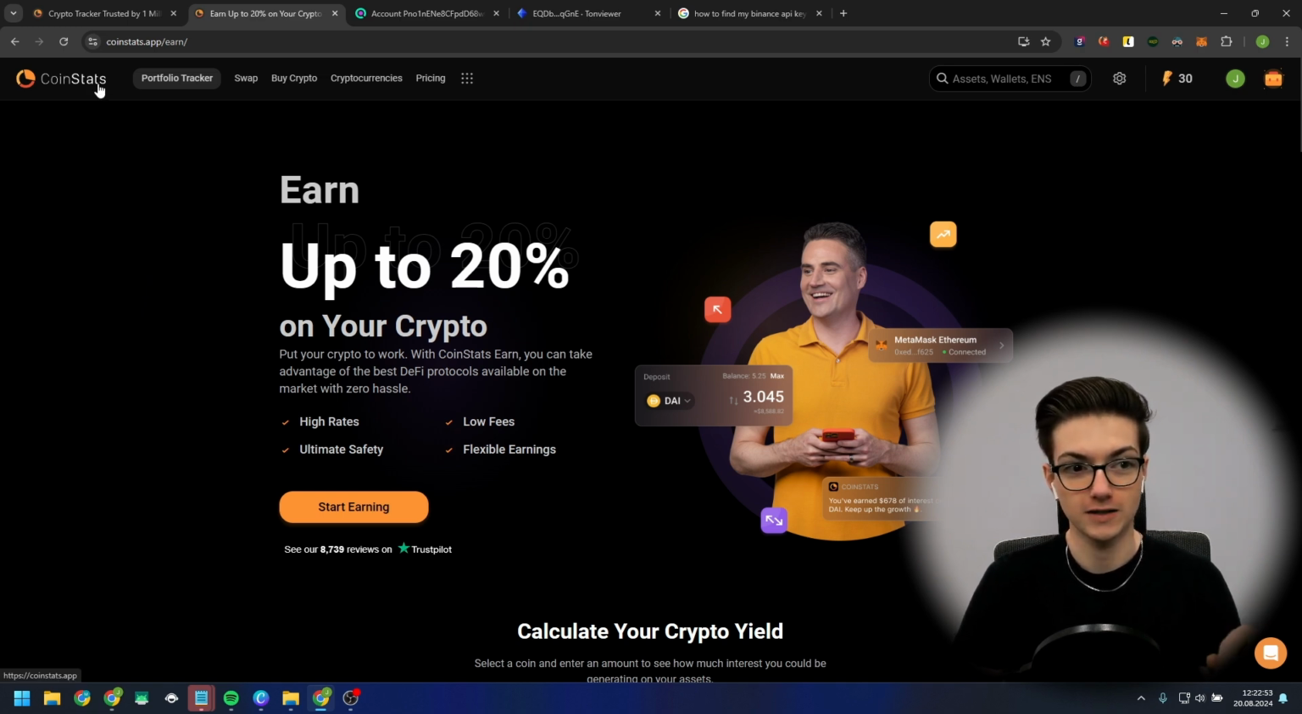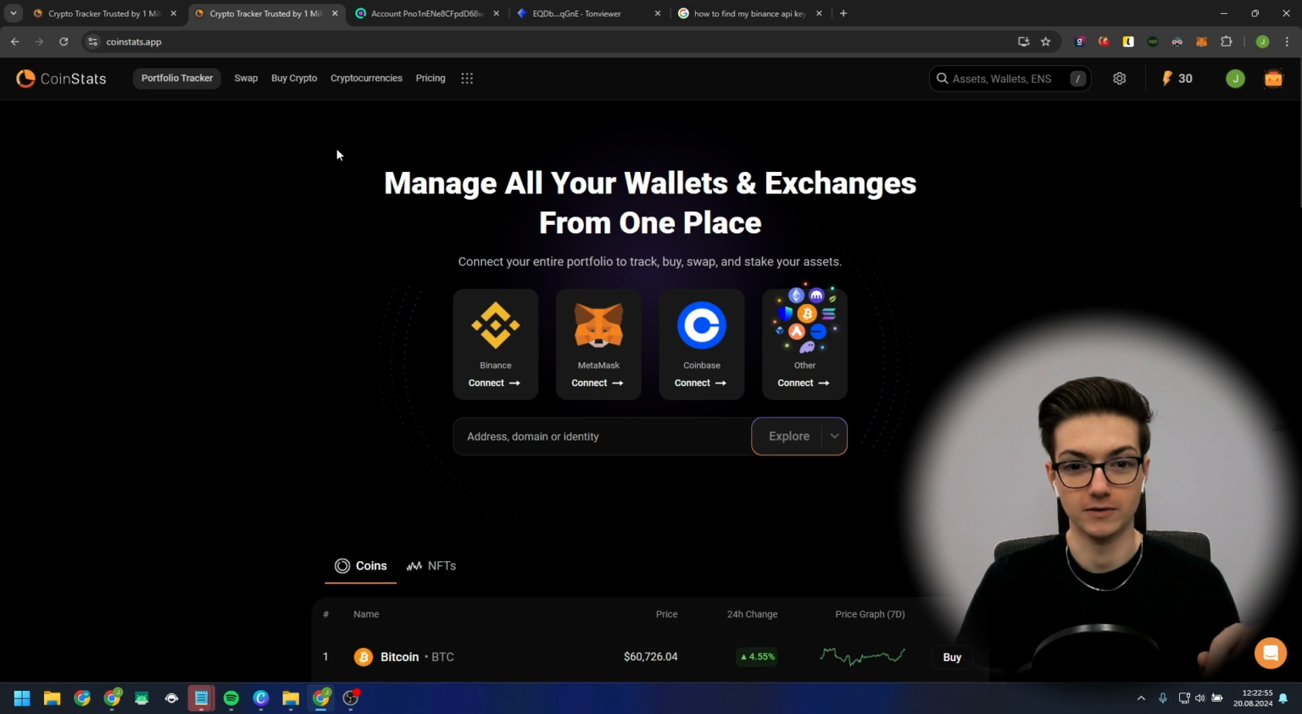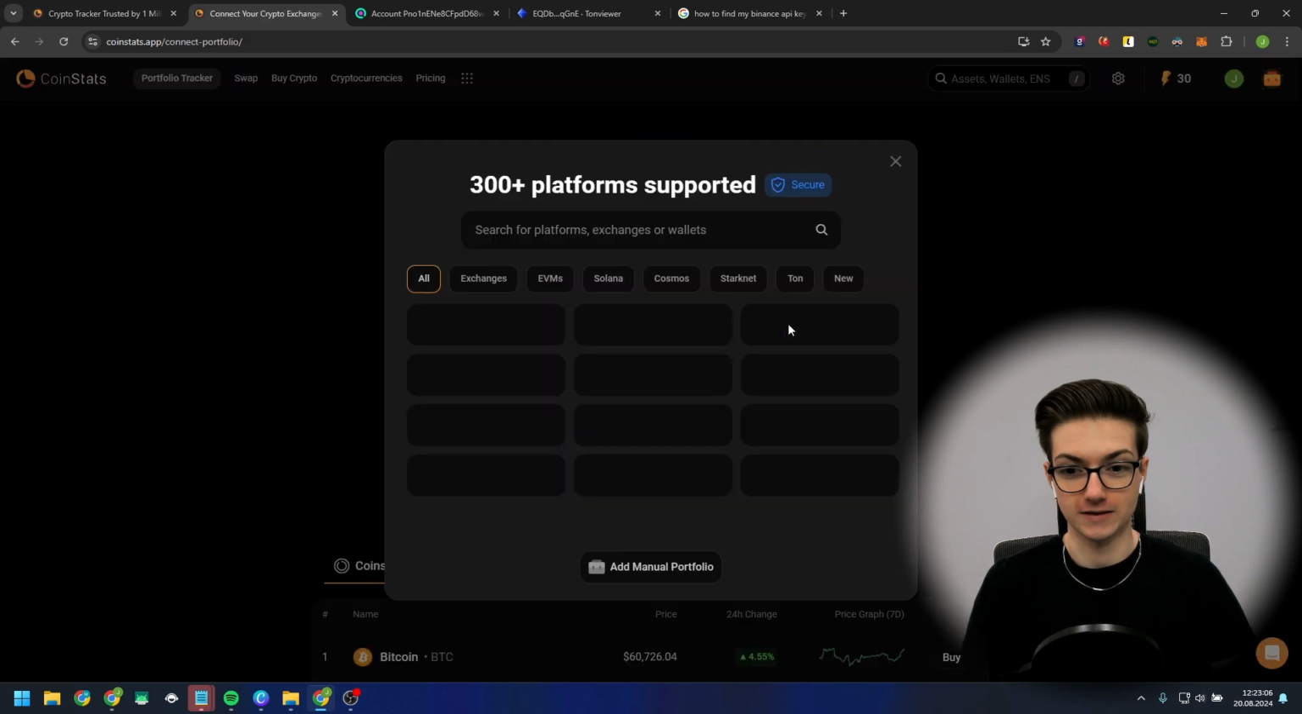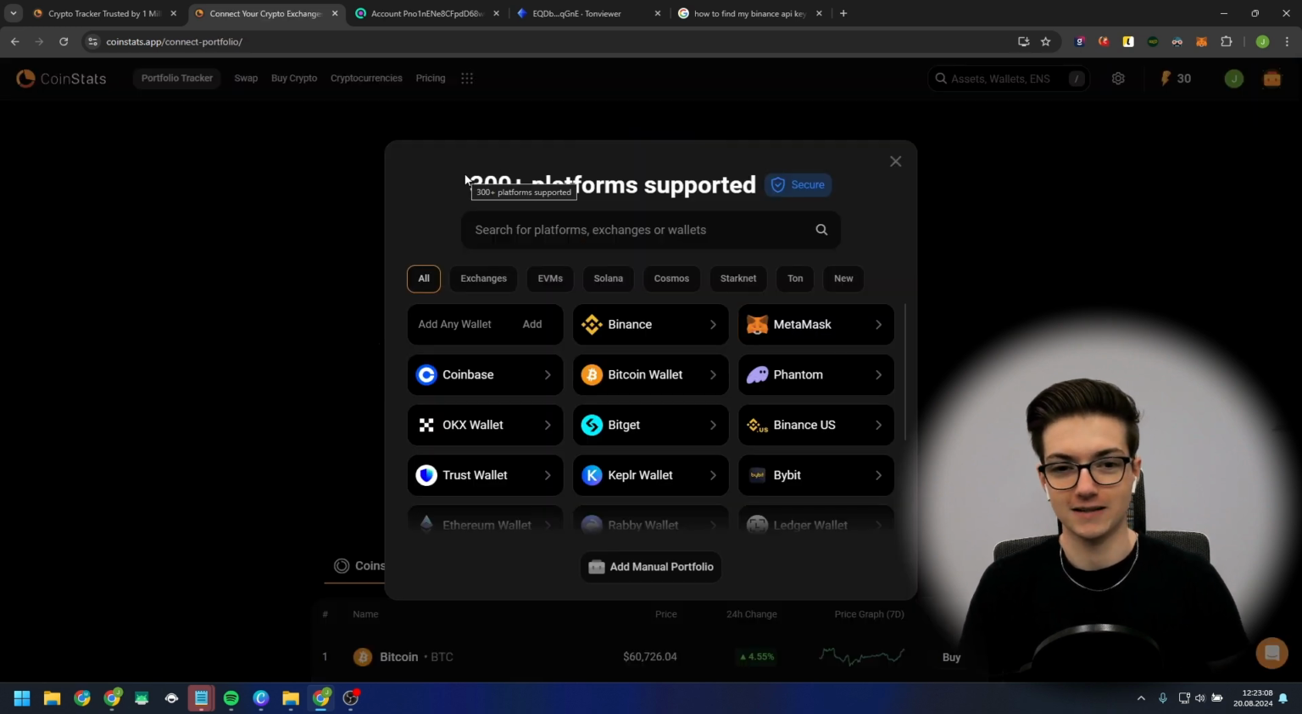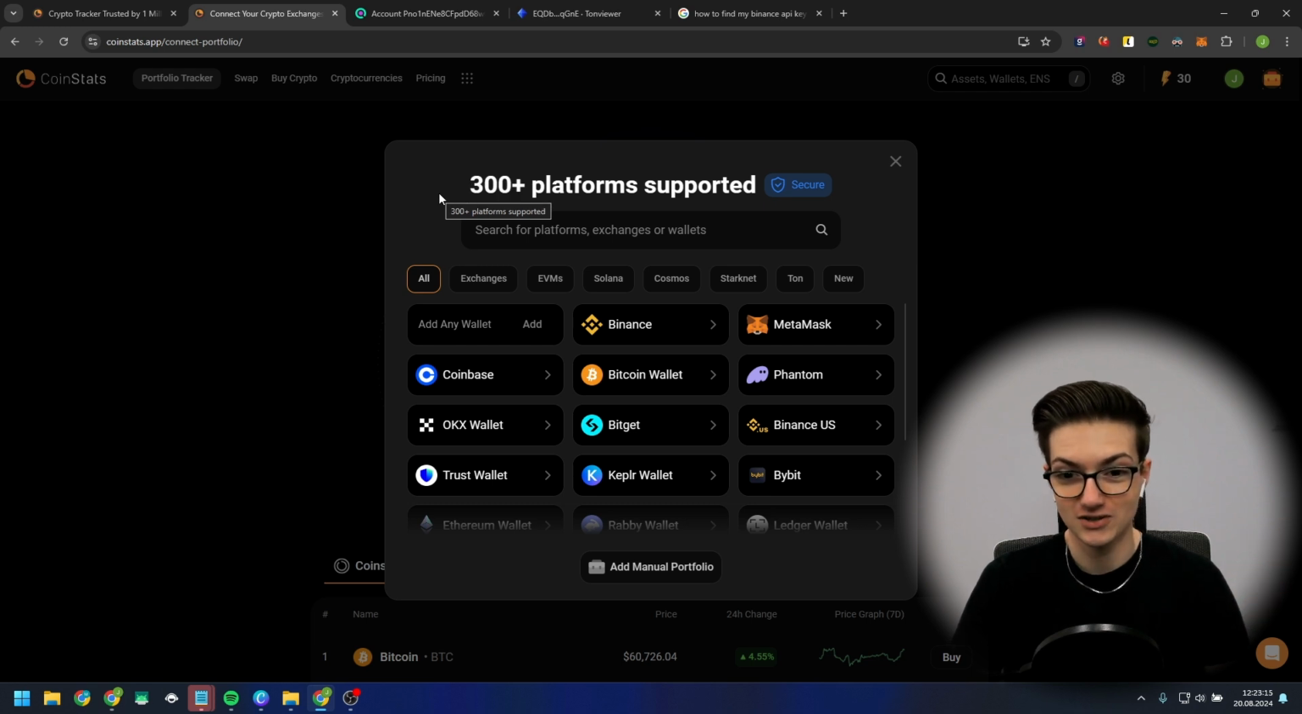However, today we will focus mainly on tracking our portfolio, and adding addresses or wallet providers is very simple. You just go to the main page and all you have to do is click connect. And as you can see, over 300 platforms are supported, and you can connect exchanges like Binance, you can connect wallet providers like Metamask, or you can track individual wallets,